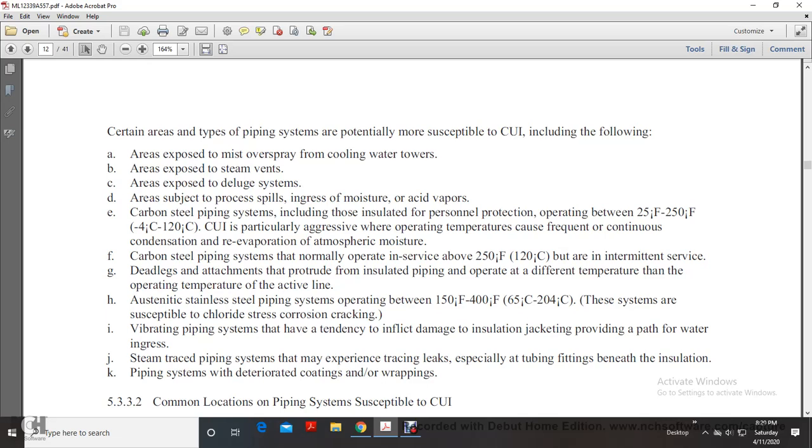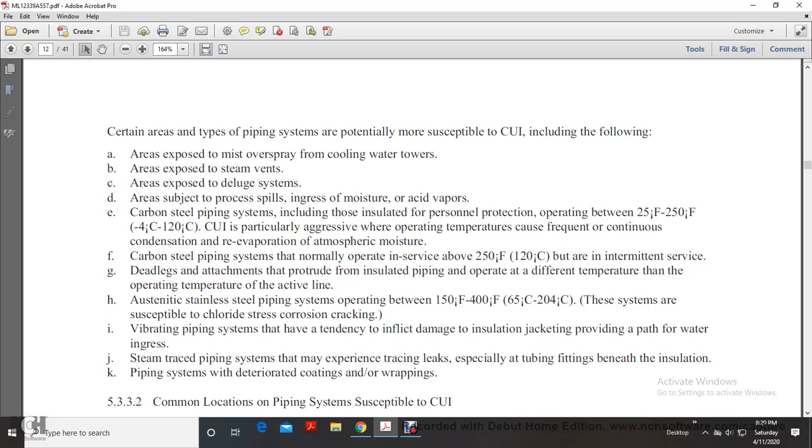Carbon steel piping systems that normally operate above 250 degrees Fahrenheit but have intermittent service, dead legs, and attachments that protrude from insulated pipelines operating at different temperatures. Austenitic stainless steel piping systems operating between 150 and 450 degrees Fahrenheit are susceptible to chloride stress corrosion cracking. Vibrating piping systems have a tendency to inflict damage